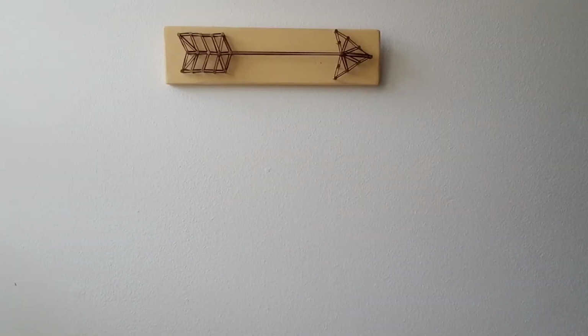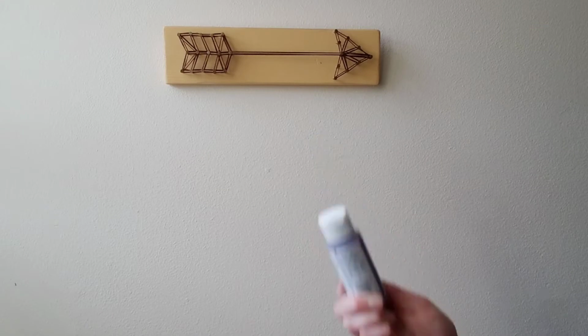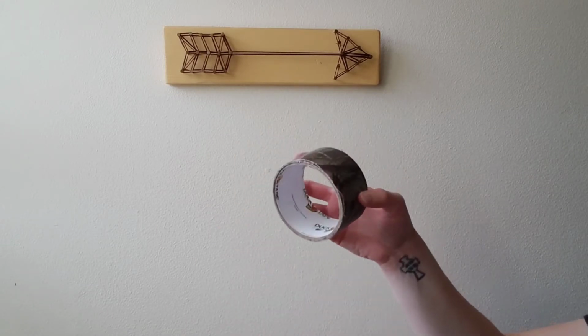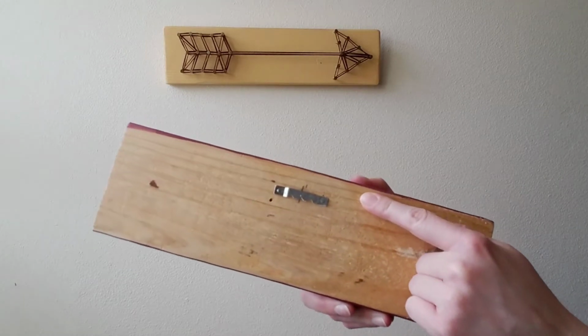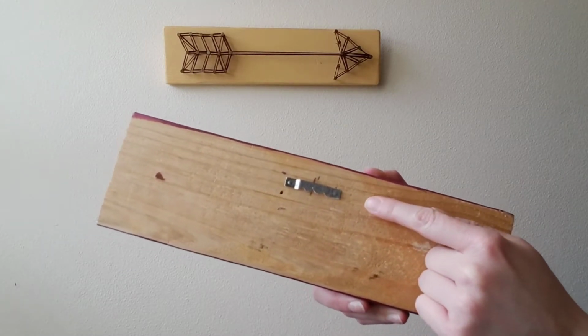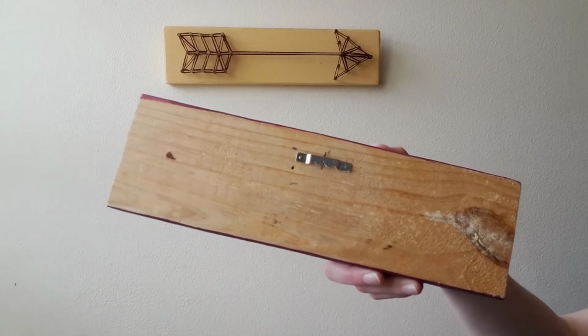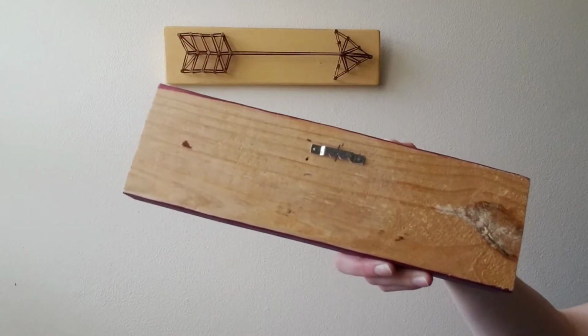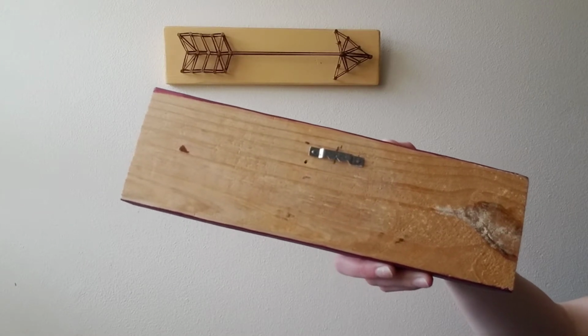We may also consider some sandpaper, paint or stain. A pencil and tape measure might come in handy along with some tape. And then we might want to consider finding some wall hangers. You can pick a pack up at the hardware store for just a few dollars. We should put them on prior to the start of our project, though if we need to wait until after,